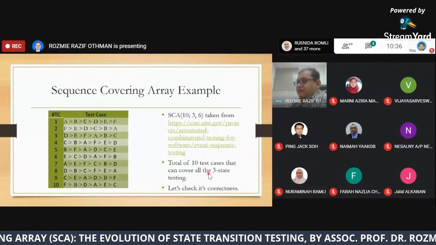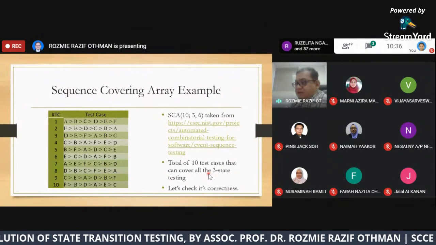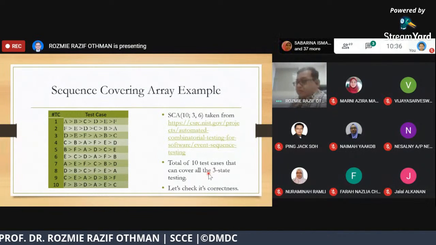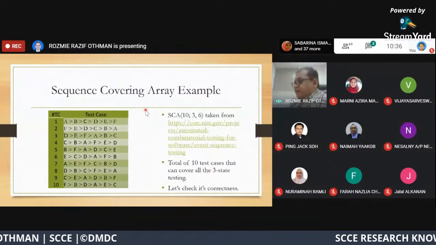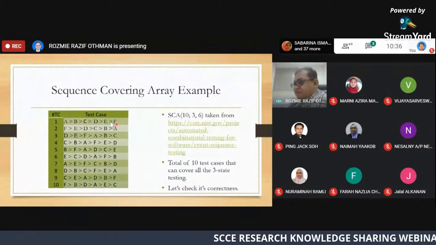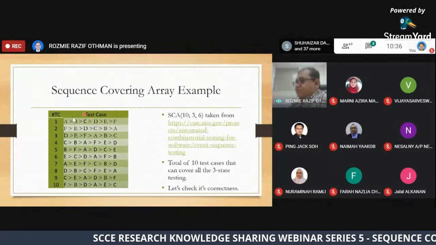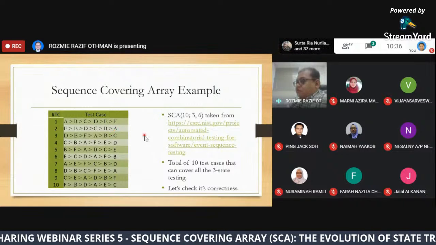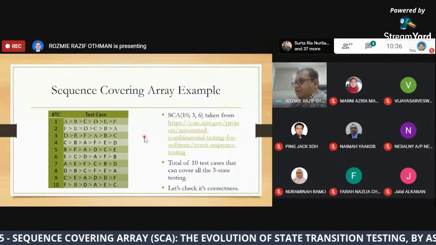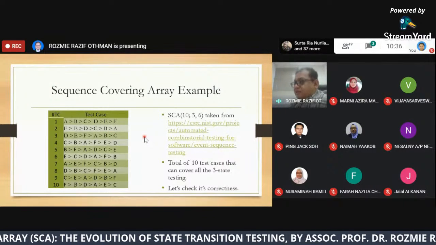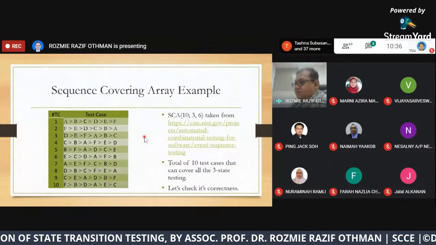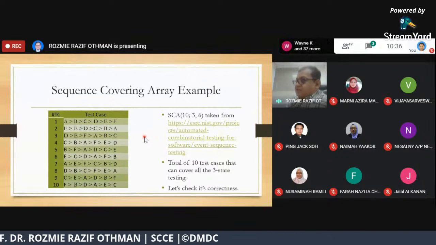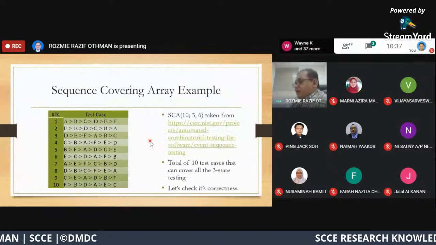So let's look back at the system that I have shown to you just now. We have 6 states for this system, A until F. And then let's say I want to design test cases for 3-state testing. 3-state testing means 3 states per test case.